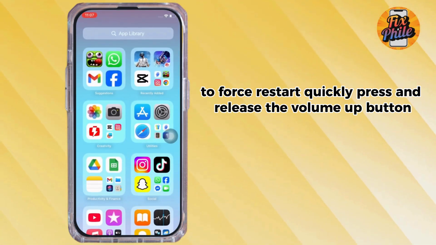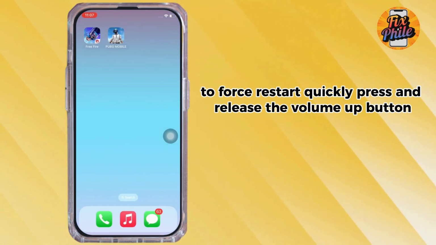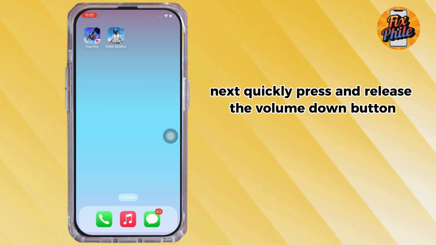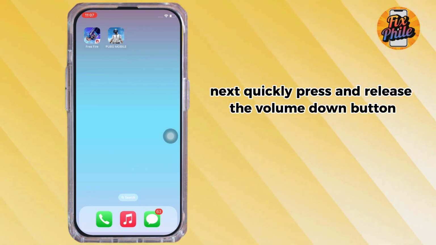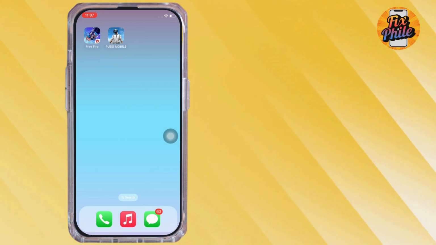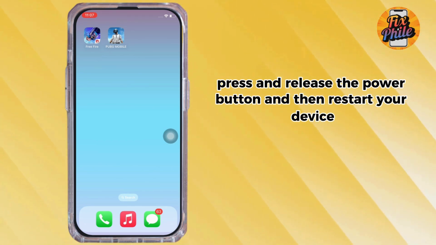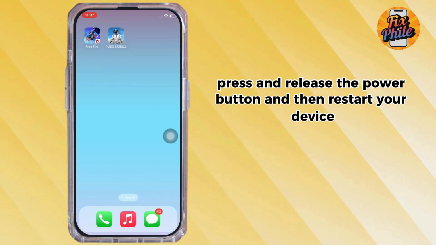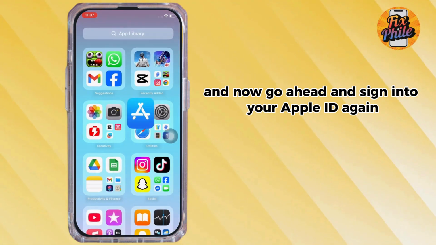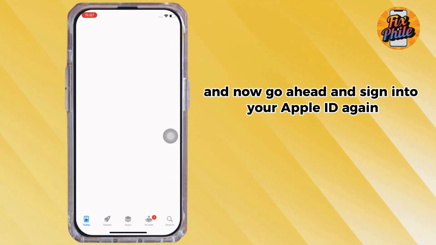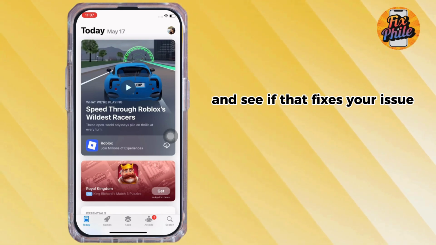To force restart, quickly press and release the volume up button. Next, quickly press and release the volume down button, and finally, press and release the power button and then restart your device. And now, go ahead and sign into your Apple ID again and see if that fixes your issue,